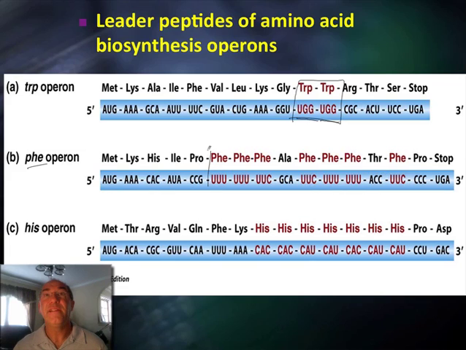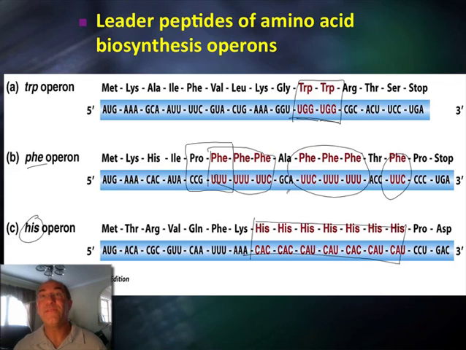But if you look here, we actually have 7 separate phenylalanine codons, which means that the ribosome, of course, if there's low phenylalanine, will stop here, which will mean that there's no termination of transcription, and you go ahead and make the genes to make phenylalanine. The same thing with histidine. Here are the histidine codons. Again, there's 7 of those, which would mean that the ribosome would stop right here, and you again would